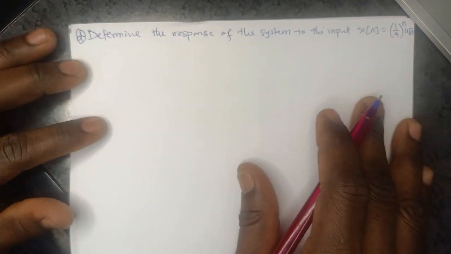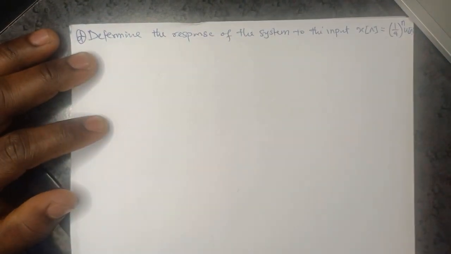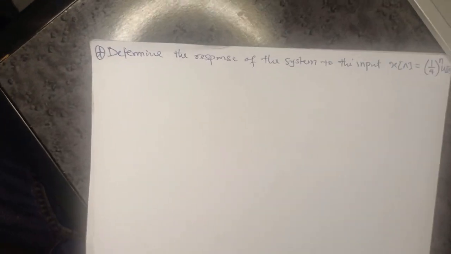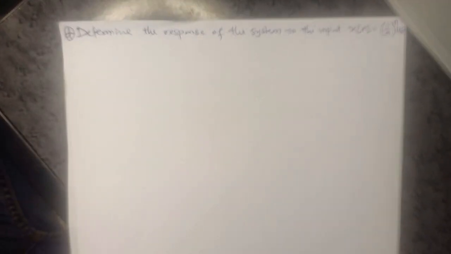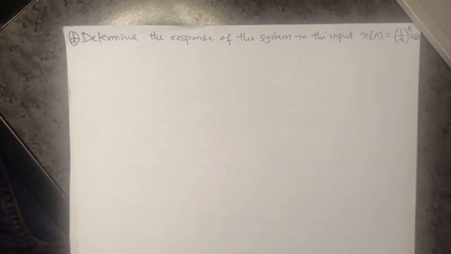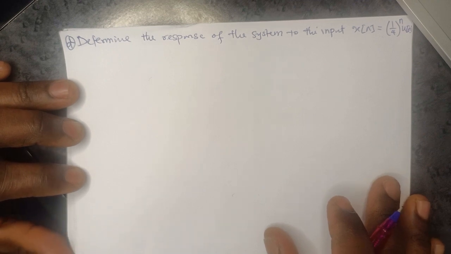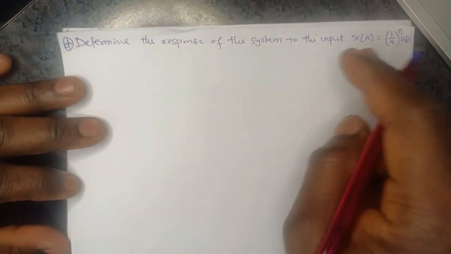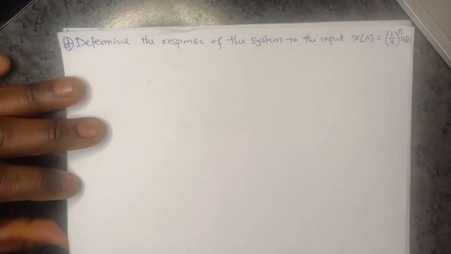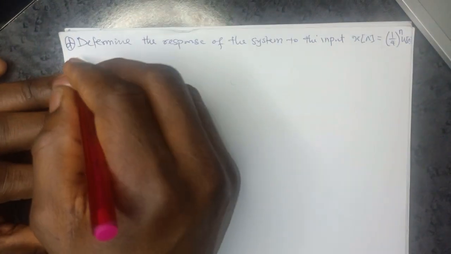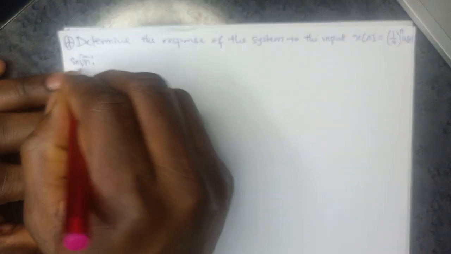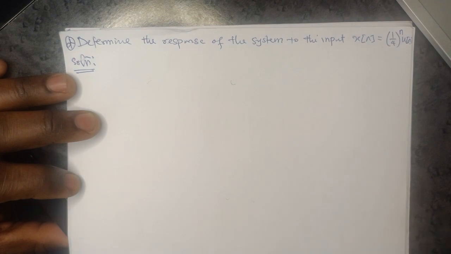Okay, at this point, we want to determine the D part of this question, which states that we should determine the response of the system to the input signal x of n. So now, the solution. We want to determine the response of the system. We should not forget that